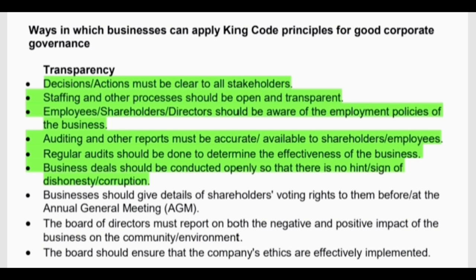Number two, staffing and other processes should be open and transparent. That means everything must be seen or transparent. Employees should be aware of the employment policies of the business. That's also complying with the King Code principles of good corporate governance. Now we move forward to transparency, again the last point. Business deals should be conducted openly so that there is no hint or sign of dishonesty or corruption. So that means everything must be seen, so that we can prevent